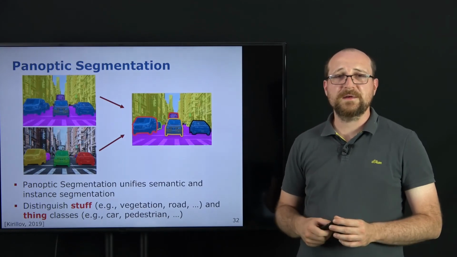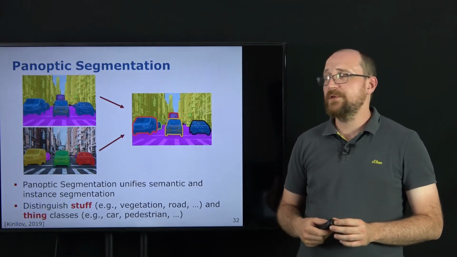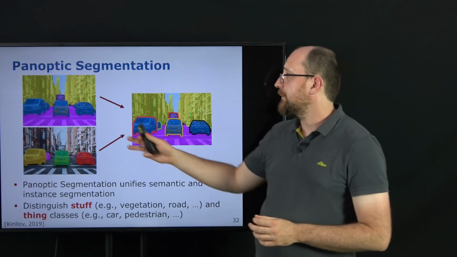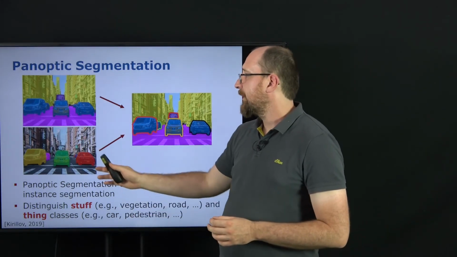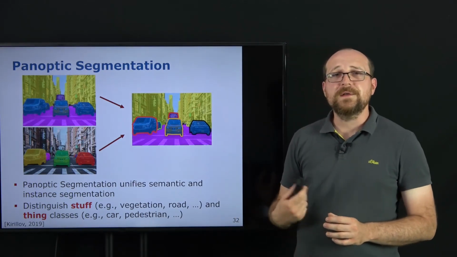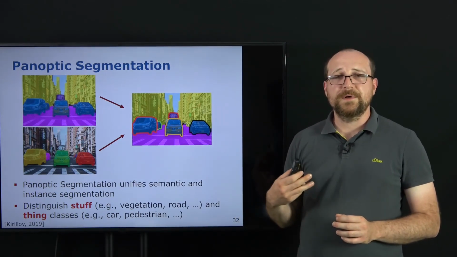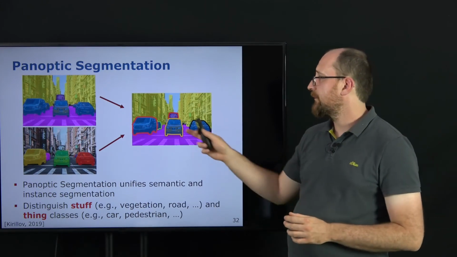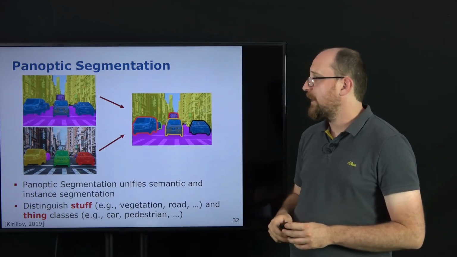Just as a reminder, in panoptic segmentation, we are interested not only in the semantic labels of each pixel, but we also want, for specific classes, the instance annotation in the end,